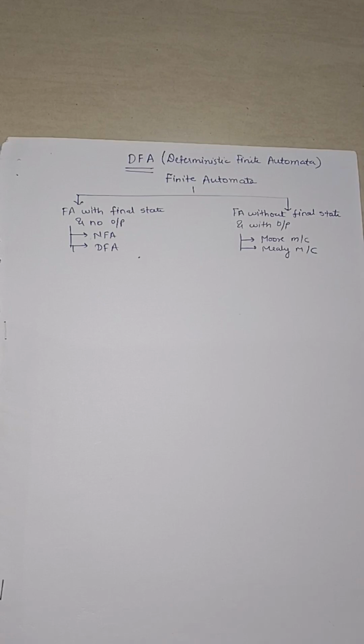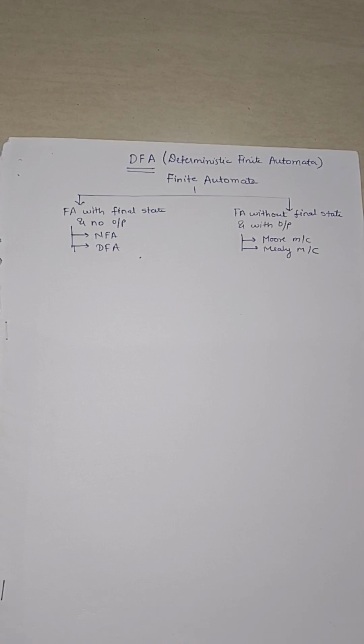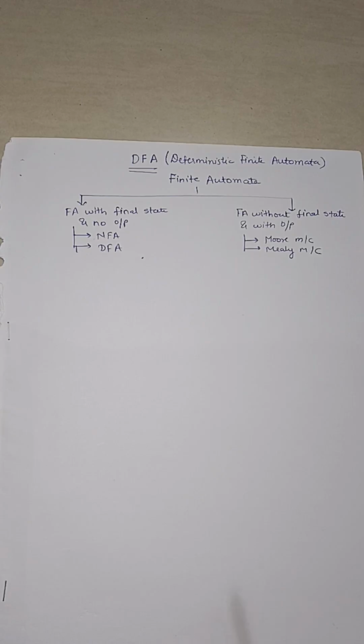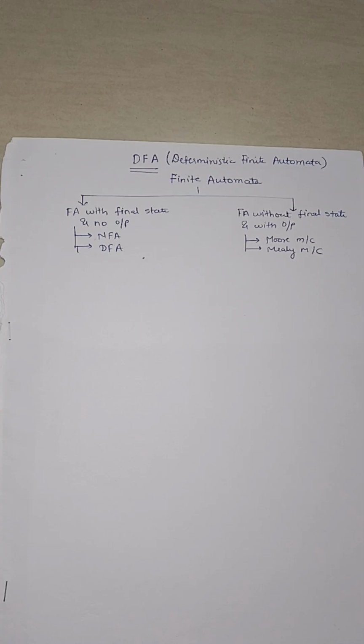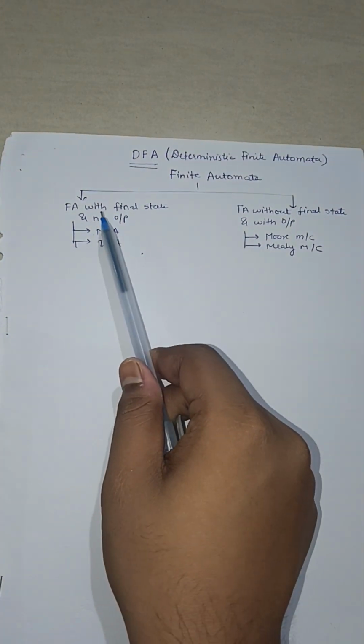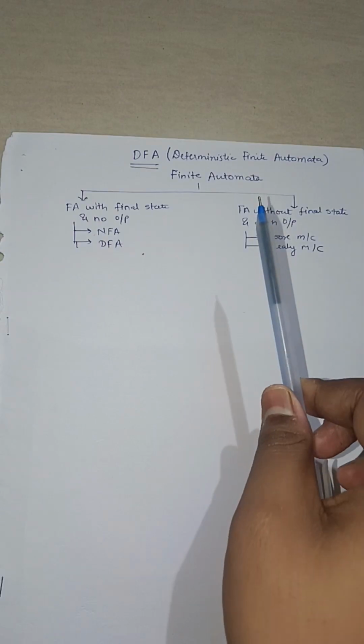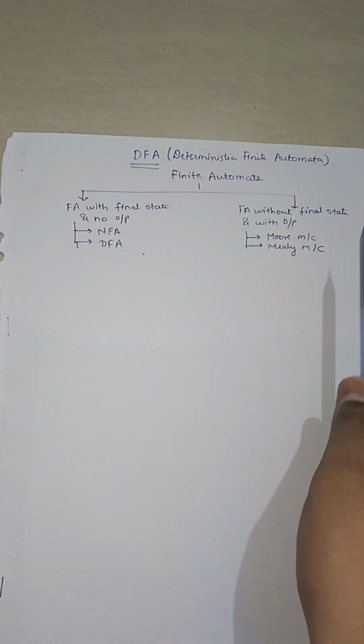Hello everyone. Today we are starting with a new topic, DFA, Deterministic Finite Automata. First we will see the types of finite automata. In finite automata there are two categories: finite automata with final state and no output, and finite automata without final state